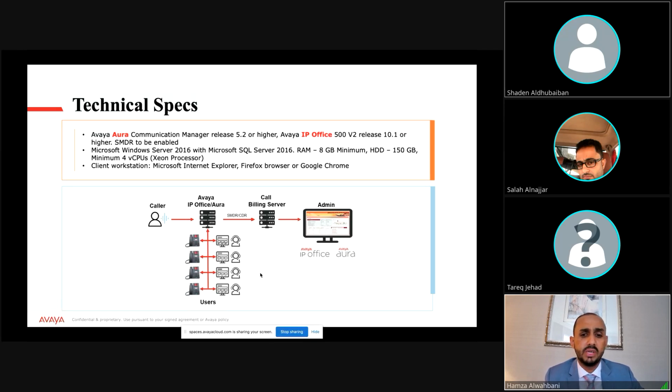We need a printer, and this is the flowchart for call billing. We don't need anything else, just a small server and the IP Office, and we will do the job. It's not a complex solution.